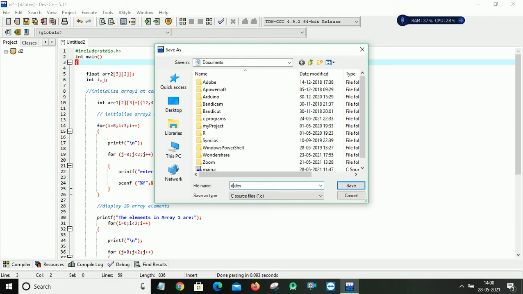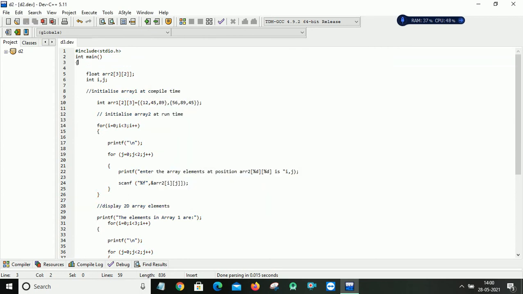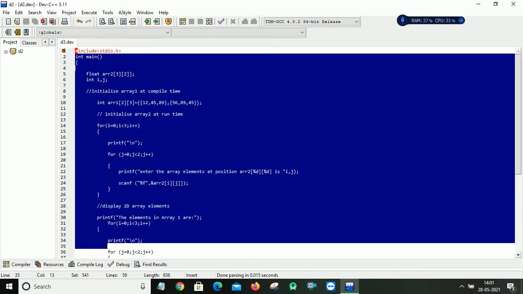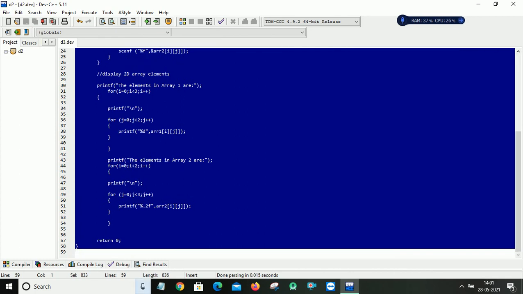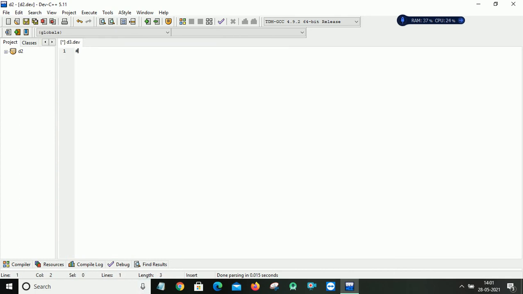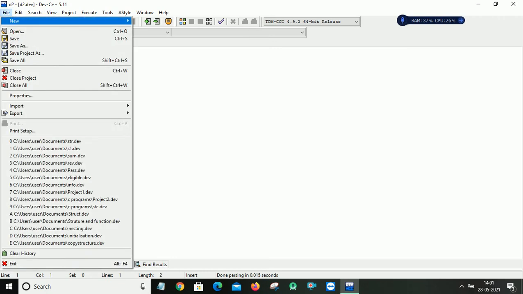So my file name I'll give as D3. Just a second. So I'll try to create a file and copy it in, because maybe it's not a C editor.